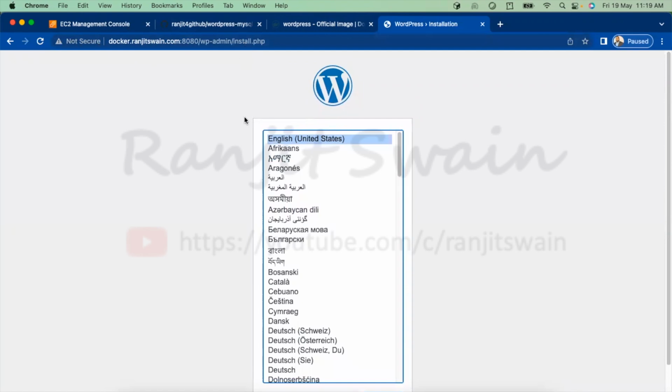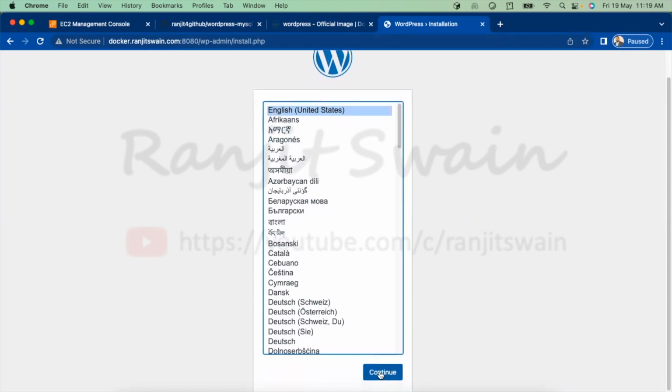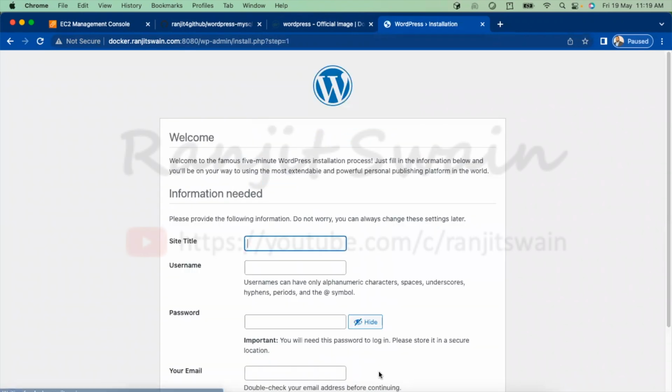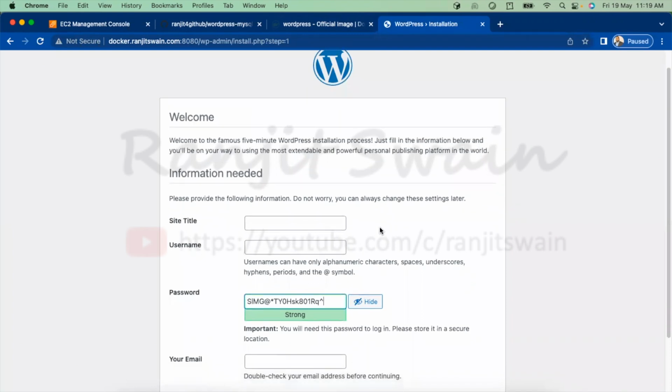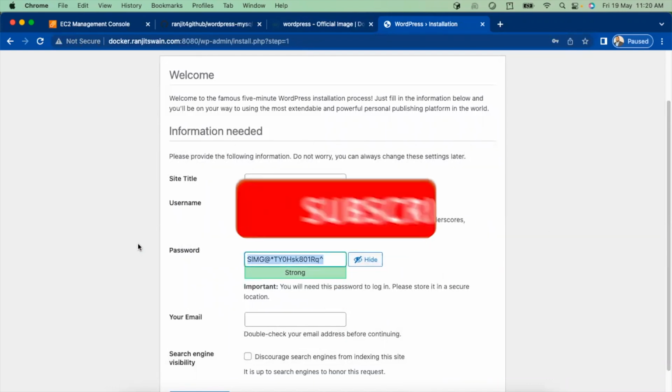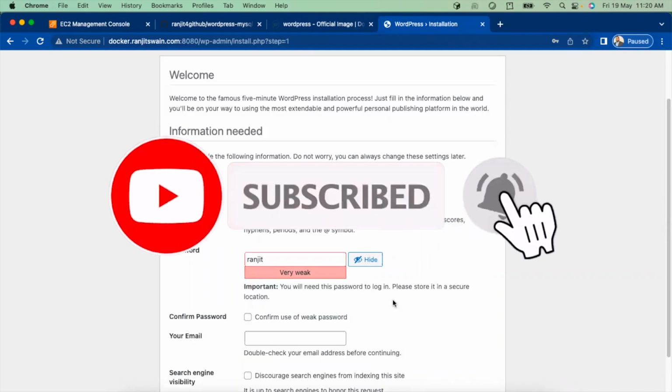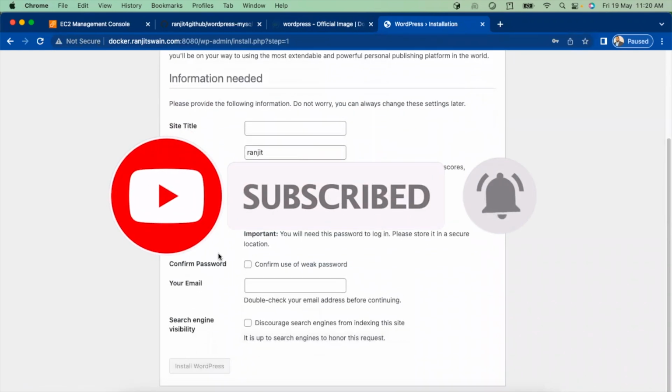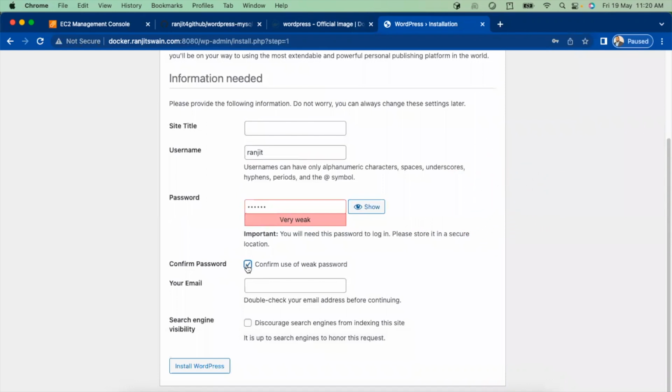Now here the simple installation is given to install WordPress on that particular container. Let's go ahead and click on continue and provide the details, right? Just provide the site details and username. Suppose I give it as simple as Ranjit, and the password I'll also give as simple. Let it be very weak, no worries. And confirm password, right? Confirm use of weak password. Your email, you can just provide your email,